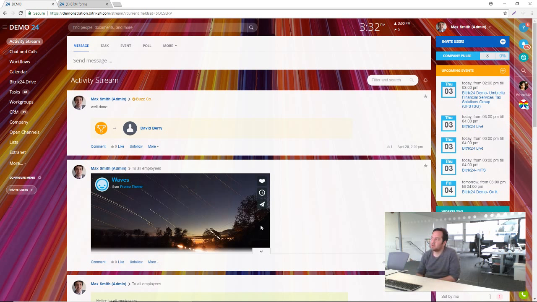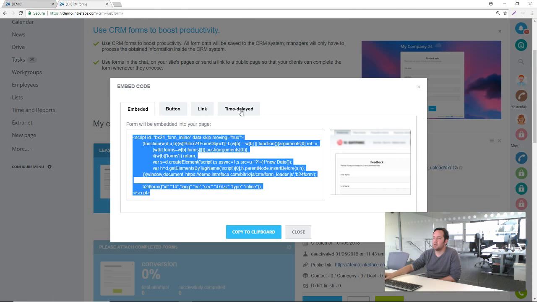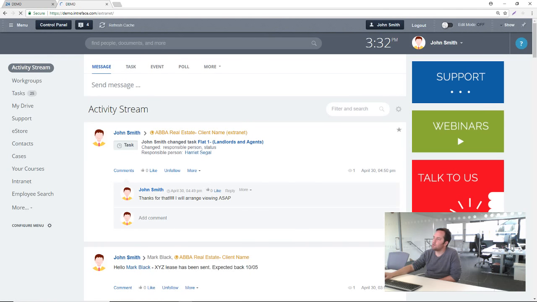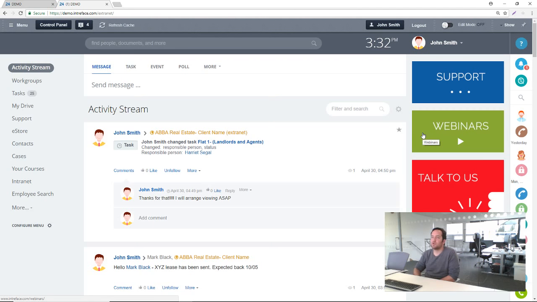On the self-hosted version, you can brand it a little bit more. You can change the top banner here. On the extranet, for example, you can bring in your own banners. You can customize the login page, so you can have your own branding on your login pages. There's quite a lot more customization that you can do on the self-hosted, and that's definitely one of the main